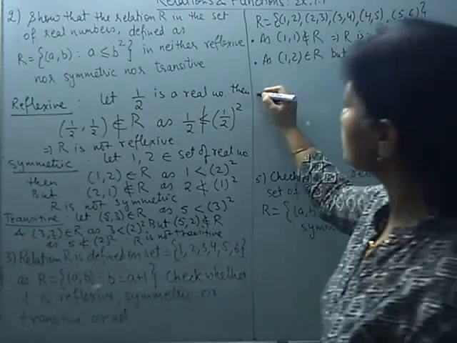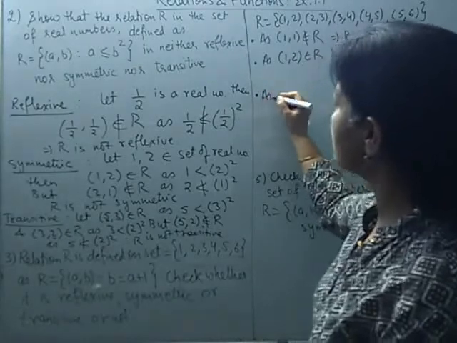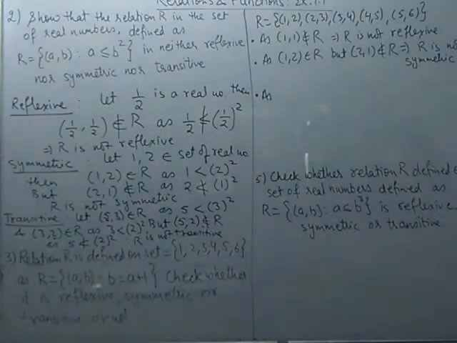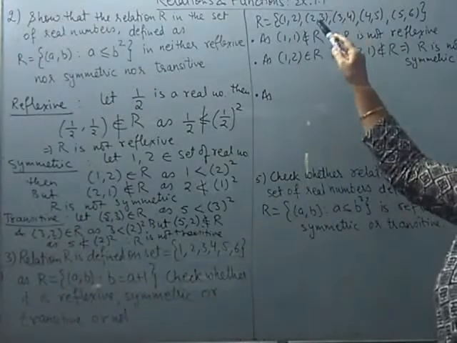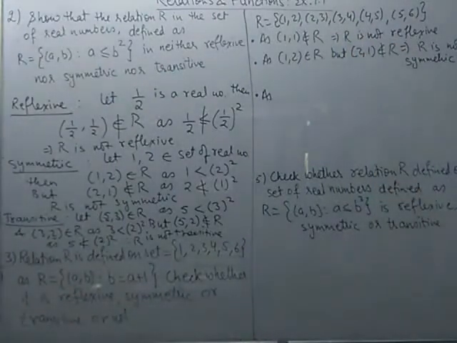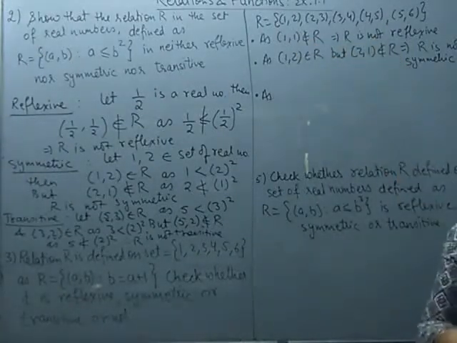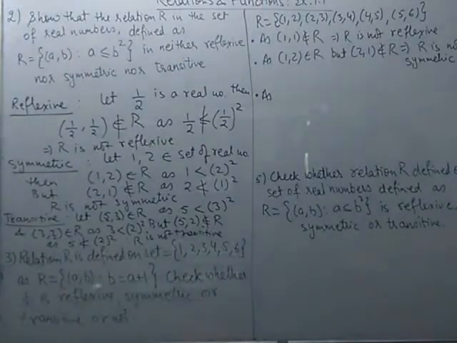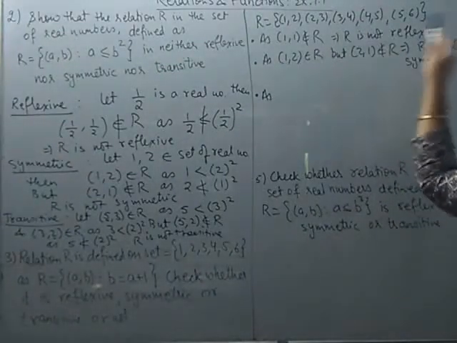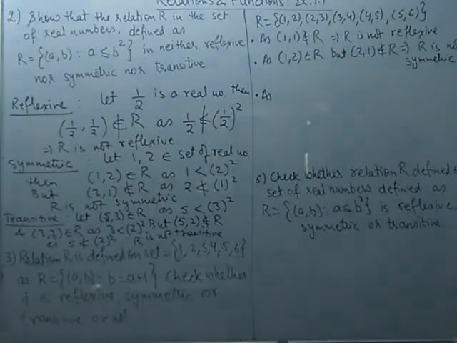Okay, moving on to the next one, that is transitive. Now when you check for transitivity, you should have two pairs such that the second element of the first is the same as the first element of the next pair. If you are able to locate these kinds of two pairs and you are able to establish the same relation between the first element of the first pair and the second element of the second pair, for each such pairs which you are able to locate, then it becomes transitive.